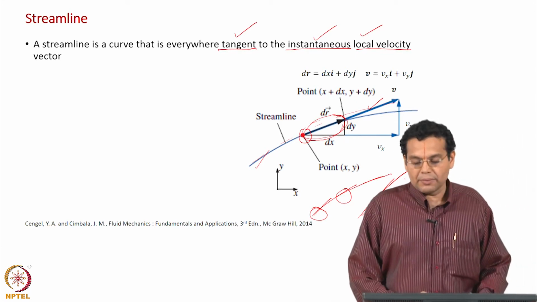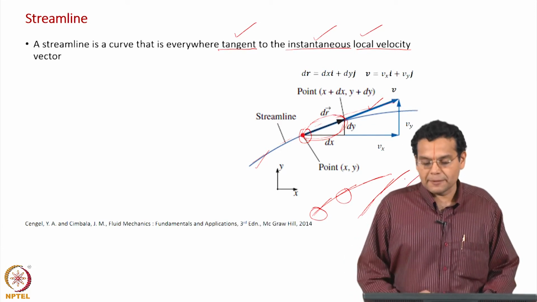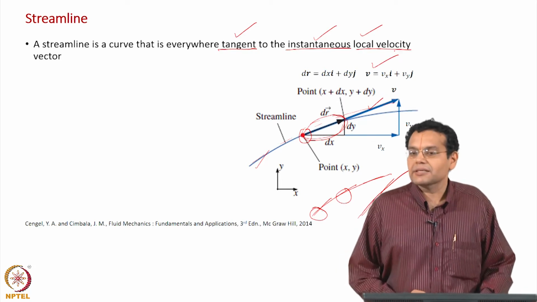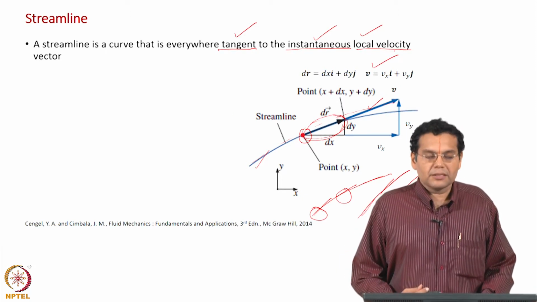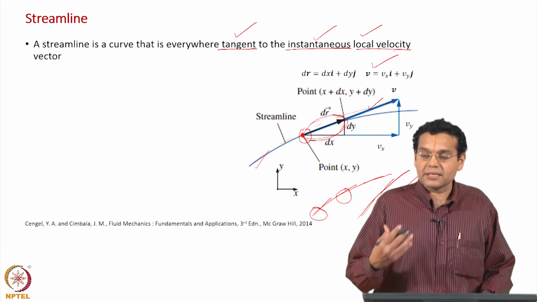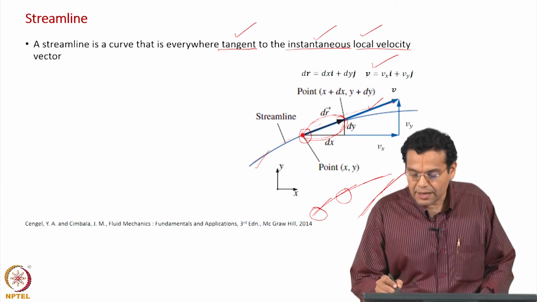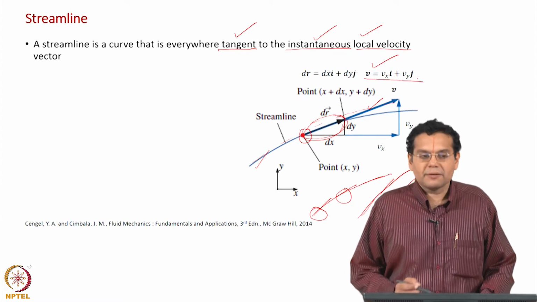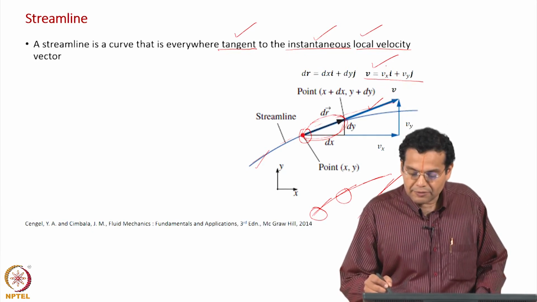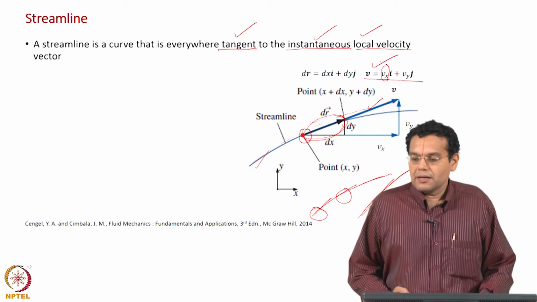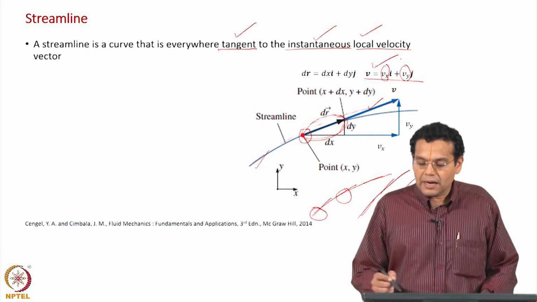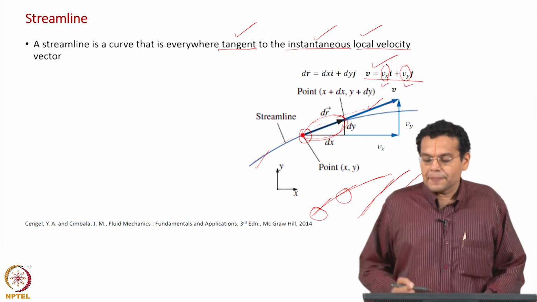Let us see how we go about getting an expression for a streamline. What is given to us? A velocity field is given to us. As I told you, we have done some simulation, some prediction, and we have got the velocity field as a result of that simulation, which means that I know the velocity vector. For the present case we will restrict ourselves to the 2 dimensional case, so that I have Vx and Vy, 2 components, and they could be functions of x comma y, and this result is obtained from a simulation.